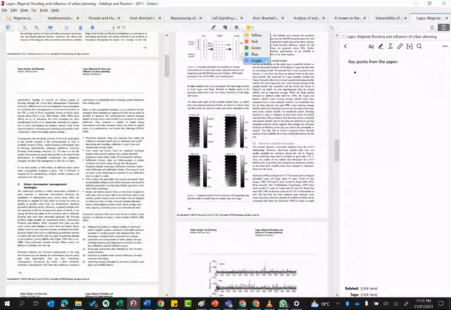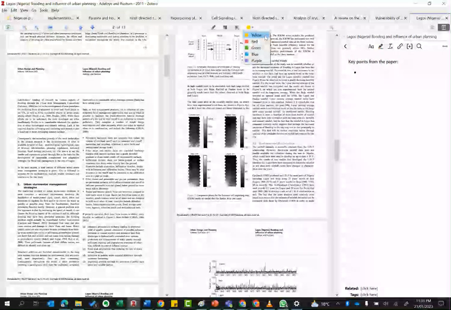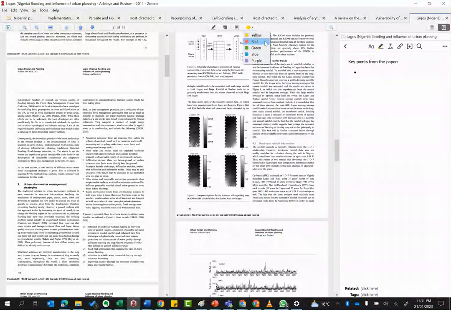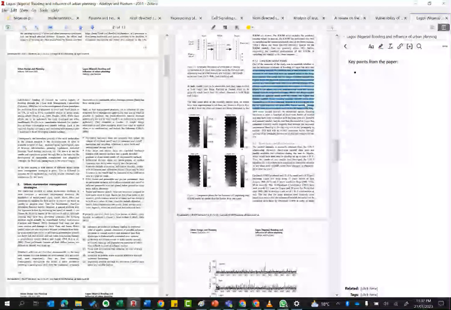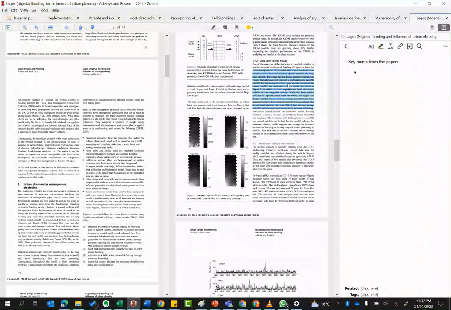Pick a color. So you choose any color you like. Maybe yellow is key things, red is limitations from the papers, green, just attach the color to your own interest. I'm just giving you a suggestion. So just click any color you like, and you highlight anywhere you like on the papers, and that is all. So you choose your color first, and